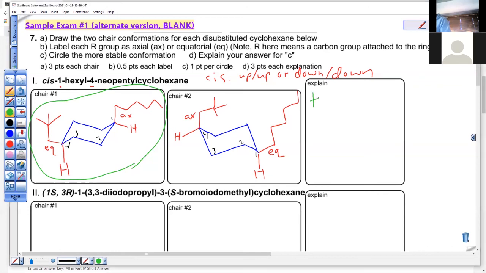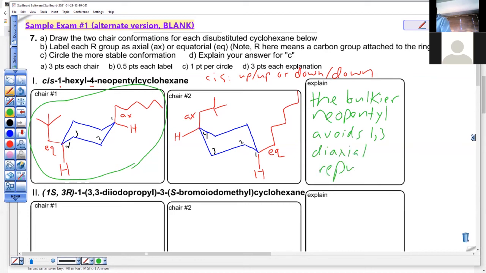The bulkier, I need to see the word bulkier. Neopentyl avoids 1,3-diaxial repulsion, which is a form of steric hindrance discussed in both the textbook and in videos. And that ran us how